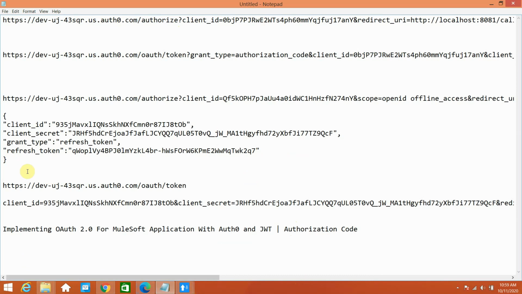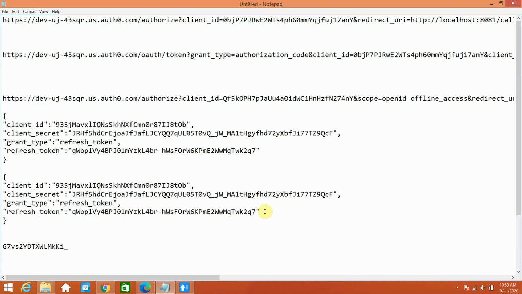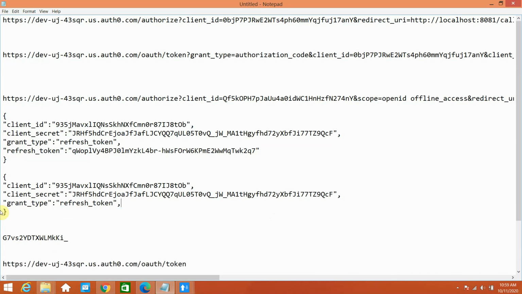So I have to copy this here. Now I have to generate the token and the refresh token and everything, right? So I will copy this request. I will remove this refresh token. So my grant type will be authorization code. I have already explained the authorization code. I have to copy the client ID and client secret, then a code.